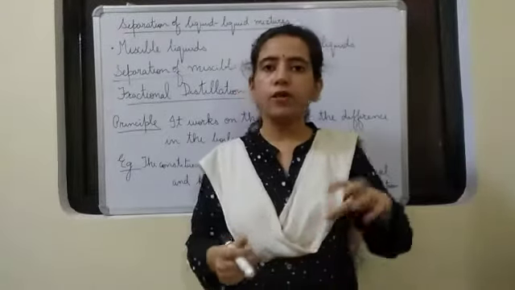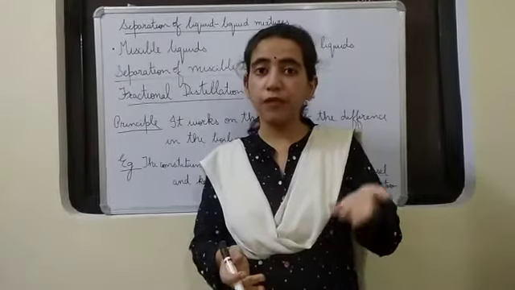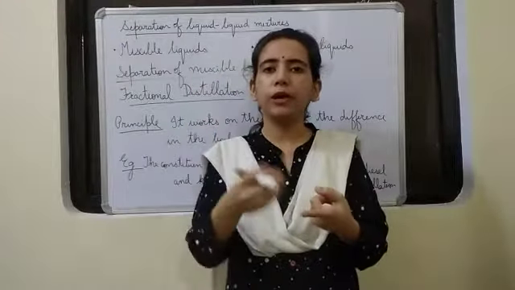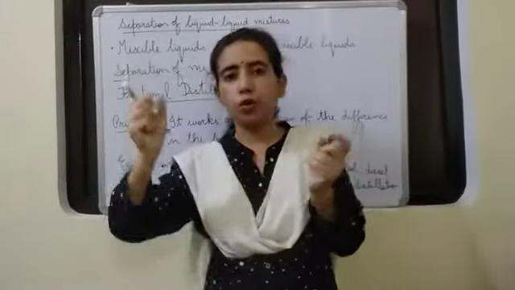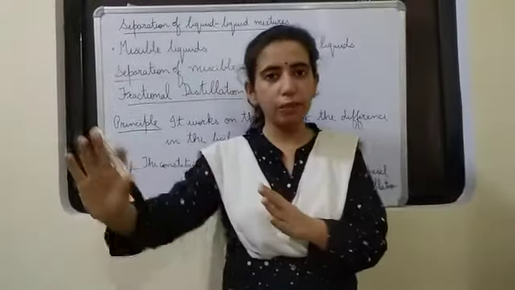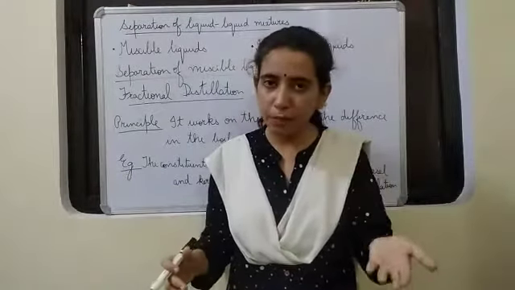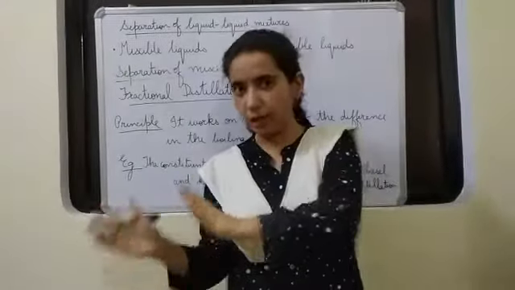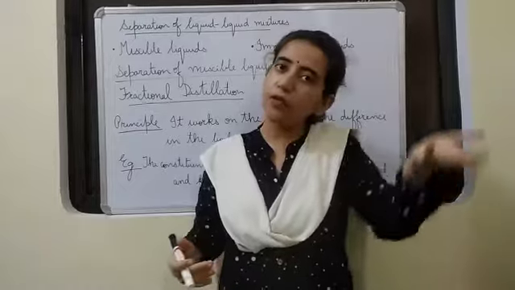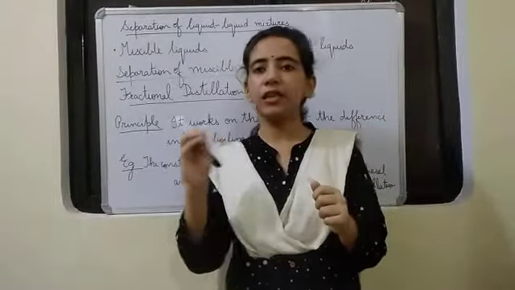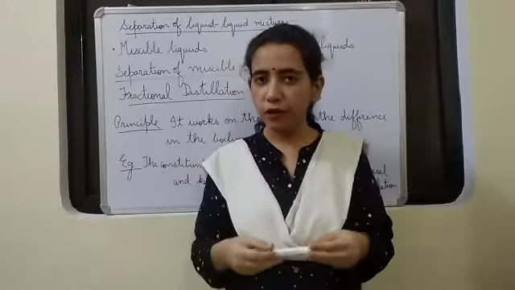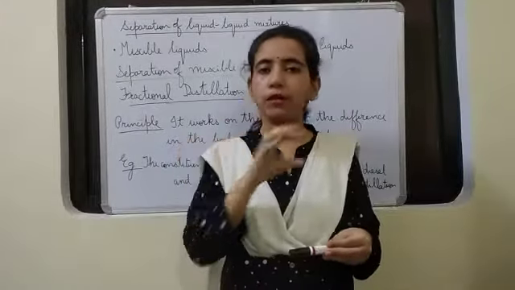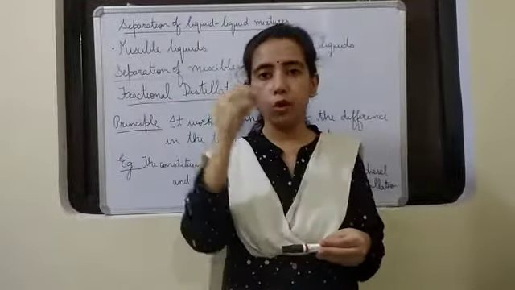So what can we do? We can heat that crude petroleum. When we heat it, first one constituent will form its vapors. Suppose petrol forms its vapors, we will collect petrol and keep it separately in one beaker. Then when we increase the temperature, kerosene will form its vapors, and we can collect those vapors and keep them in another beaker. Then diesel will form its vapors and we can collect it and keep it in a different beaker. So we see, because of the difference in the boiling points, we can separate the different constituents of the crude petroleum mixture.